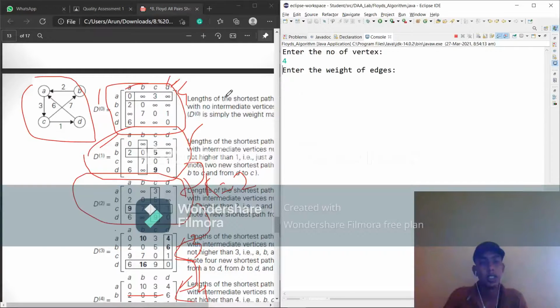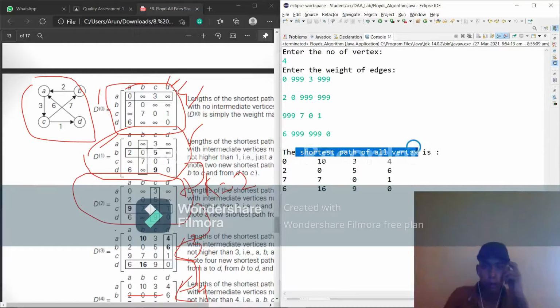For infinity I am taking a default value of 999. The first row is 0, 999, 3, 999. The next row is 2, 0, 999, 999, and the next row is 999, 7, 0, 1. The next is 6, 999, 999, 0.